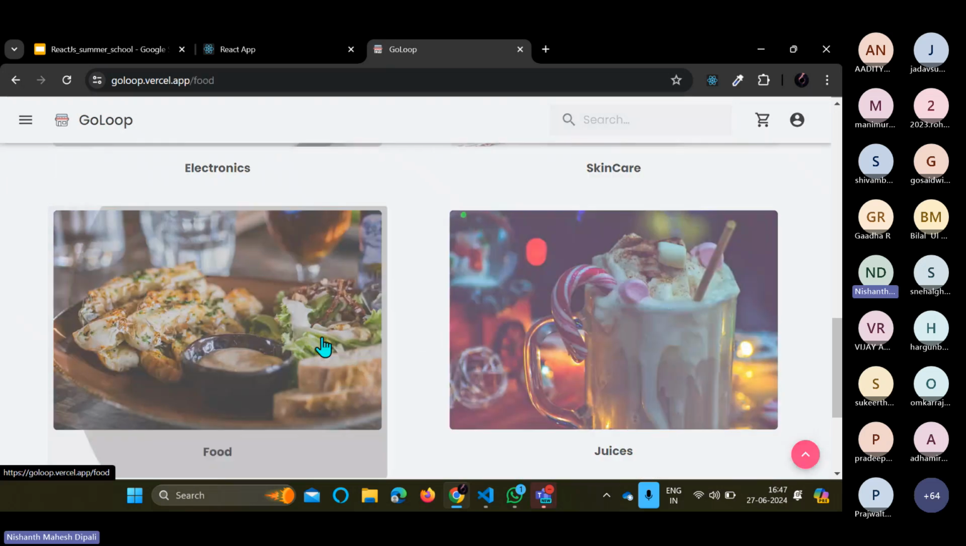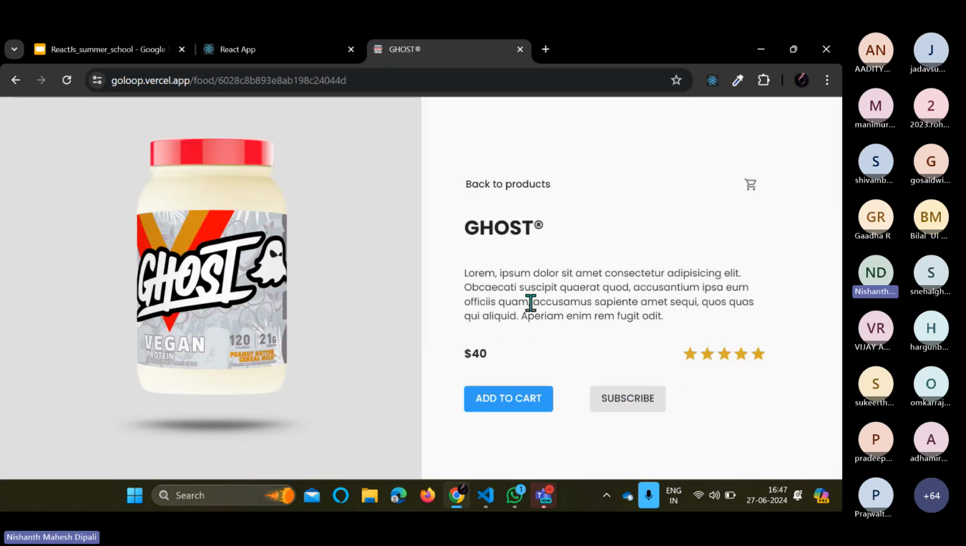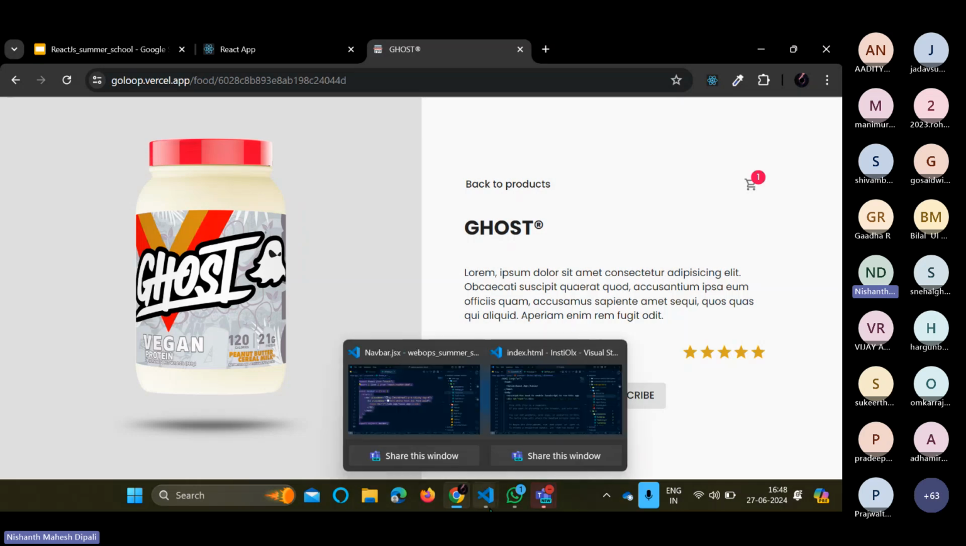So this is one of the websites I built. Say this is one of the products and the user hits add to cart. So what I want you to do is build a functionality similar to a to-do app. So what will happen is